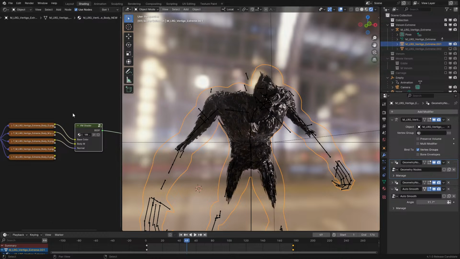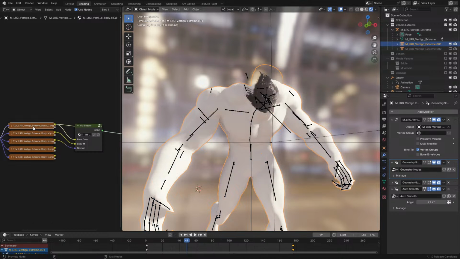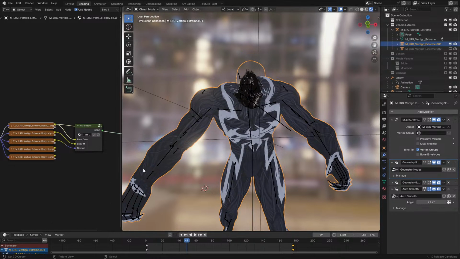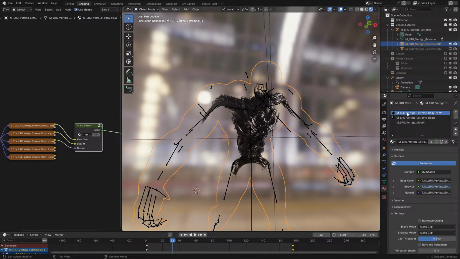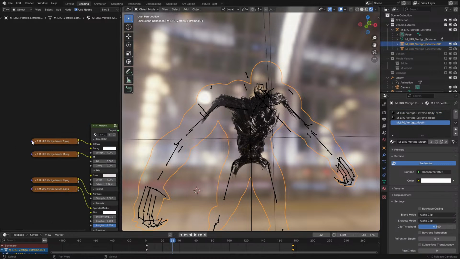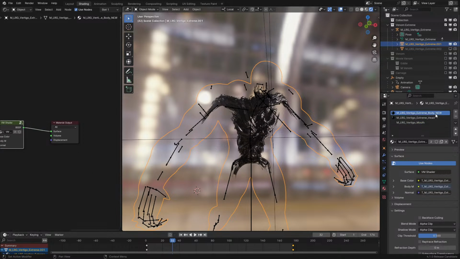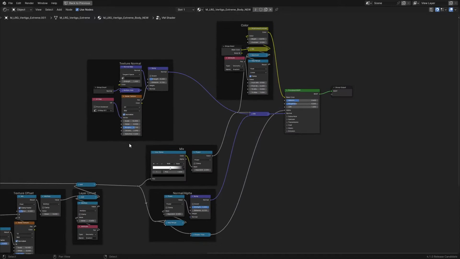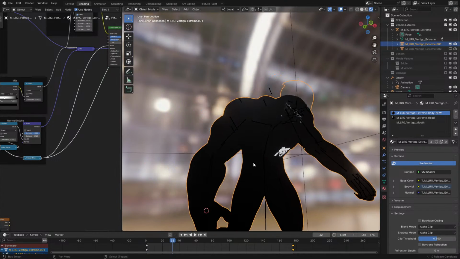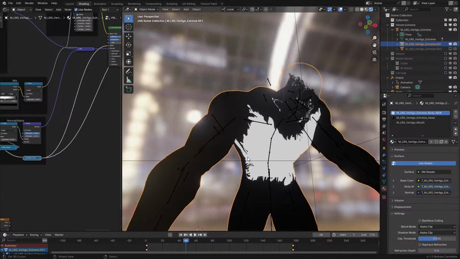So how does this shader work? Here we have just the textures and all that for the Venom model. We have the body, the head, and the mouth. I just made it transparent because I didn't want to deal with it. But inside the shader, the actual important part is that we have an alpha clip mask,